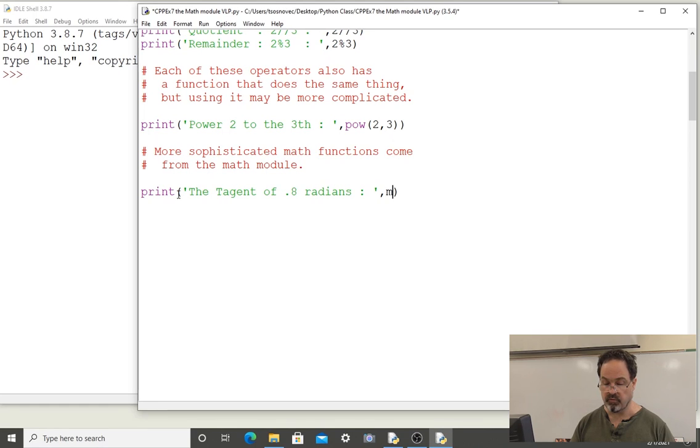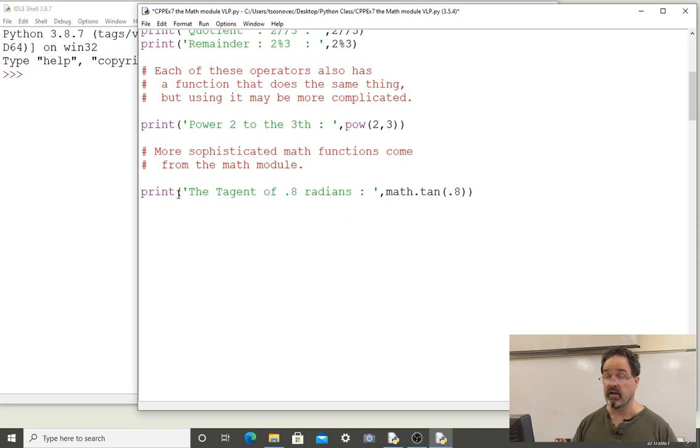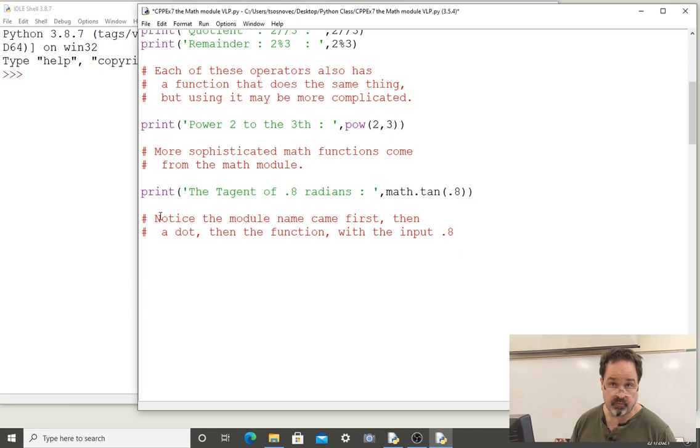as the result of using the tangent function from the math module with the input 0.8, which is automatically a measure of radians for that trig function tangent. And 0.8 is a float that we're able to put into that. Notice the module name came first when we used the tangent function, then a dot, and then the function with the input 0.8. So the tangent function is the one that has the parentheses, so we're putting 0.8 into the